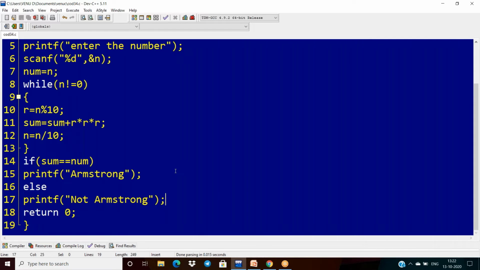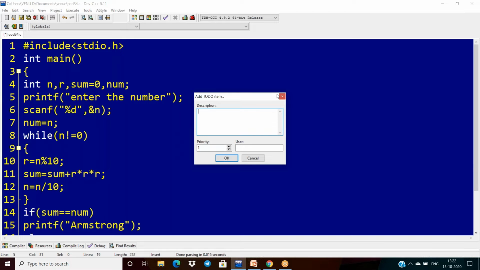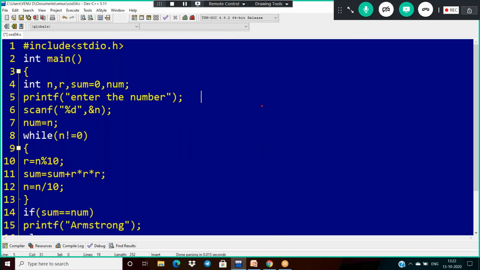So what is meant by a perfect number? A perfect number is this. If I am taking 6, take all the factors of 6: 1, 2, 3, 6. Add the factors 1 plus 2 plus 3, excluding the number 6 itself, so don't consider this 6. If the sum of the factors of a given number is equal to the number itself, then